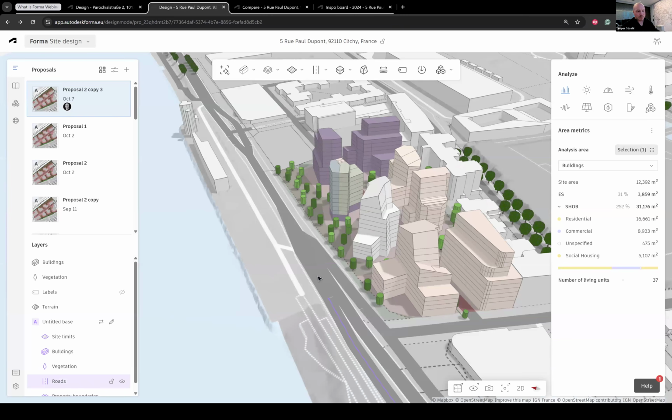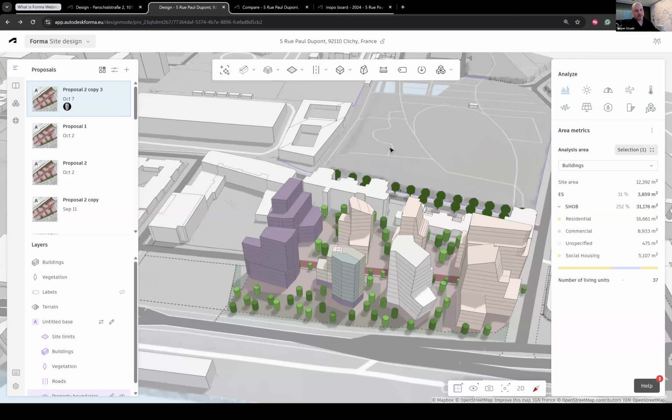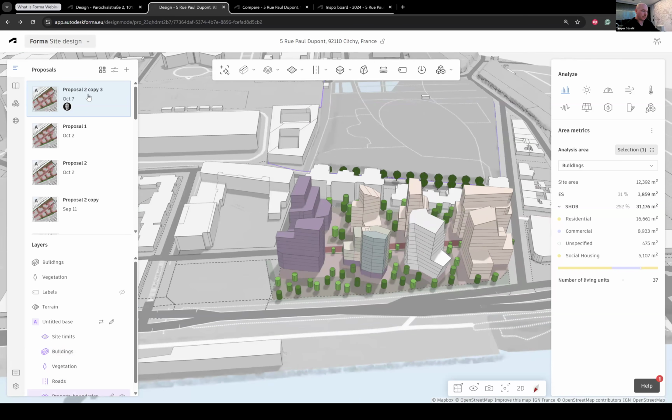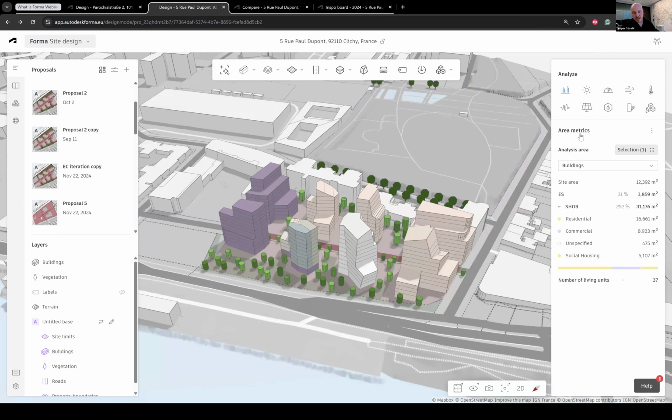This is the kind of mass modeling you would ideally like to do in Forma Site Design to start informing your design. And you see here, I have a bunch of different proposals. They're all variations of the same. I want to point out the most important part is the area metrics on the right side. So once you've made these designs, you see they have floors, they have sizes, and it starts breaking down the percentage of your site,